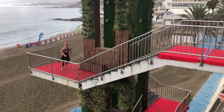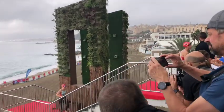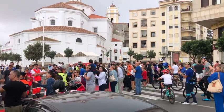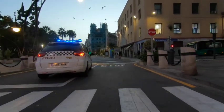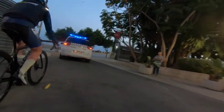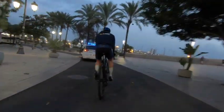But you get to the top and you have some really nice crowds cheering you on for the next 100-meter run to the transition area. So yeah, the town really comes out and supports this event, which is really cool. Makes it a little bit better. And then this is kind of the start of the bike. You run through transition area. They have a big arch with the finish line, and I'm gonna cut kind of awkwardly to a different video